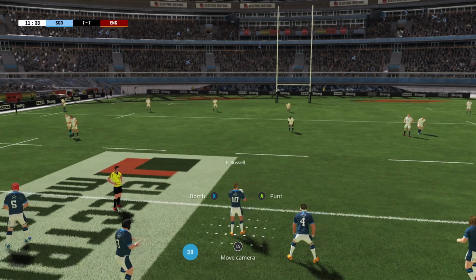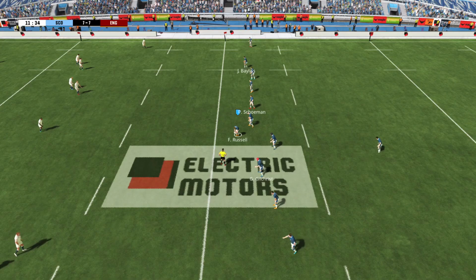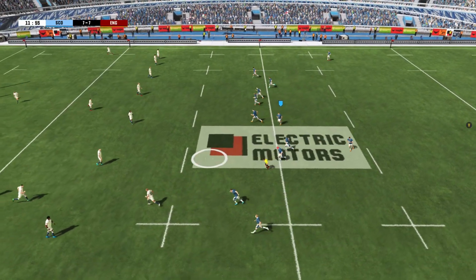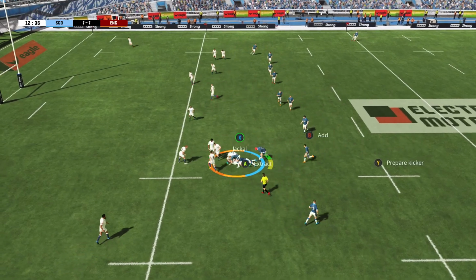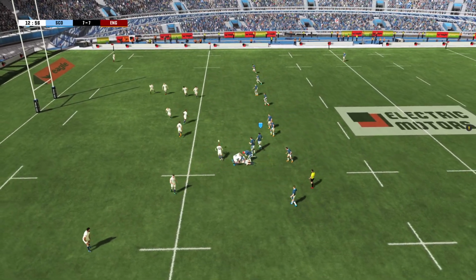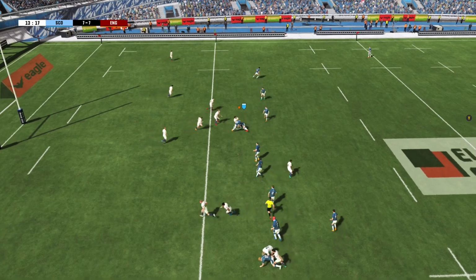Straight through. Beautiful kick by him. 7 all apiece. The Calcutta Cup is certainly off to a great start. We've seen some awesome competitions between these two sides in the past, as the wind carries that ball slightly further than he wanted. I think George Ford did well to react to that one and got clattered in the ribs